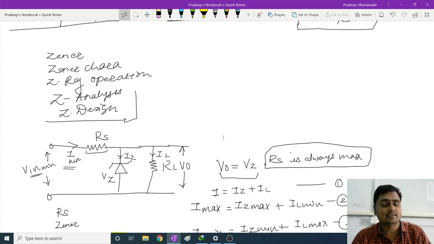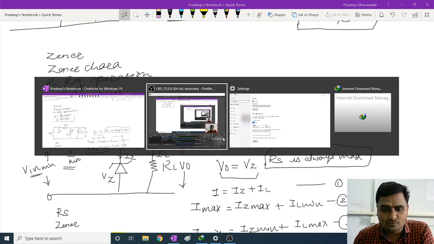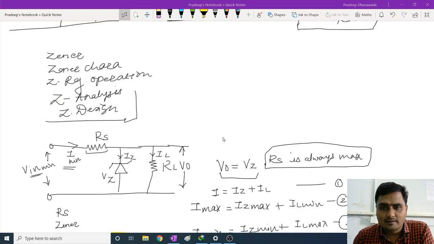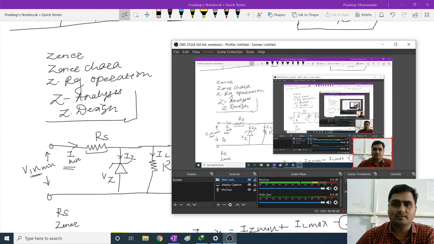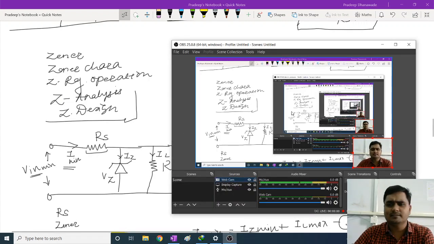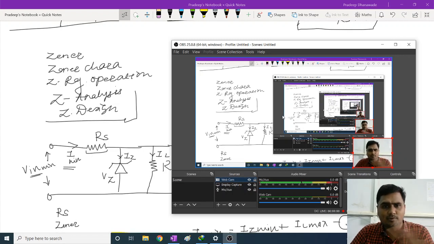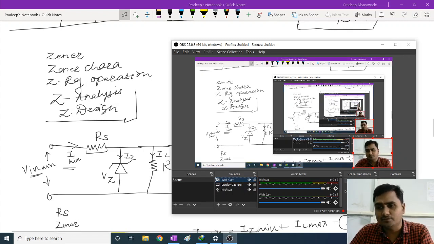There, transistor series regulator types are there. So for the time being we'll stop here and we will continue with the transistor shunt regulator in the next lecture. Meanwhile, you go through this lecture and try to solve the design statements related to the Zener shunt regulator. Otherwise I'll put those problems in the assignment. Thank you very much.